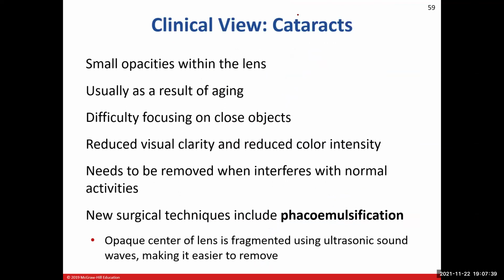All right, so our second clinical view of the night is cataracts. As we age, you'll start to develop these small opacities. If something's opaque, it's very difficult for light to travel through it, if at all. And so you'll start to get these small opacities within the lens, and obviously it will make it much tougher for light to travel through the lens. And so you'll have a harder time being able to see things that are close up with sharpness of vision.